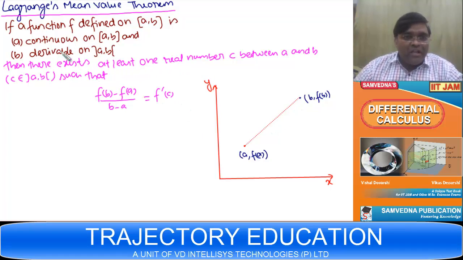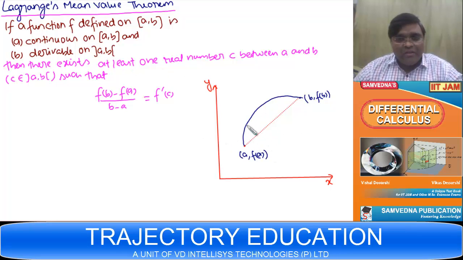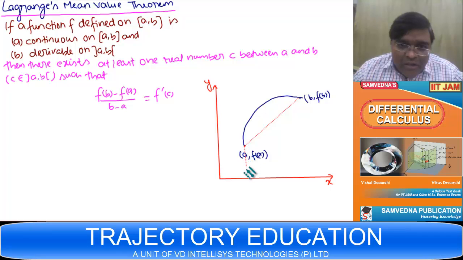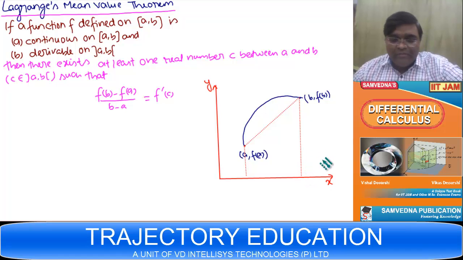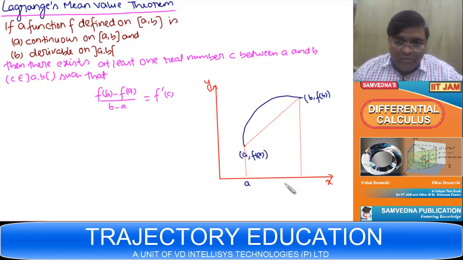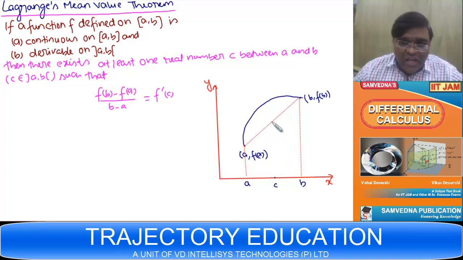The Lagrange mean value theorem says if f is a function between a to b, suppose the function is going like, say this is the function, right? It's a continuous function. At every point it is continuous, there is no break, neither is there a corner, it is derivable. At every point it is derivable. In that case there will always exist a point between a and b. This is x equal to a, this is x equal to b. So there will lie a point c such that